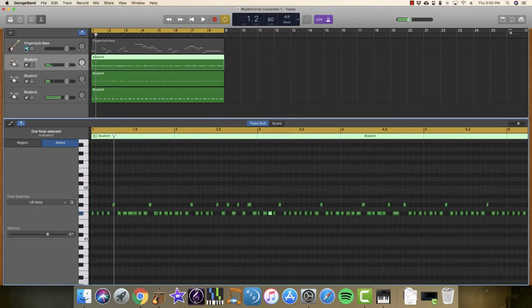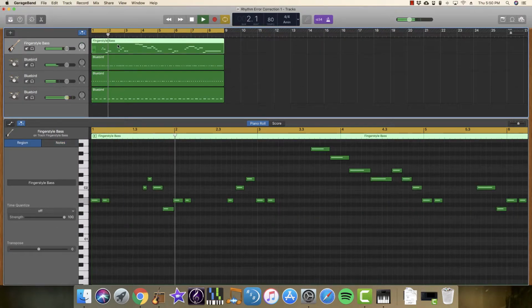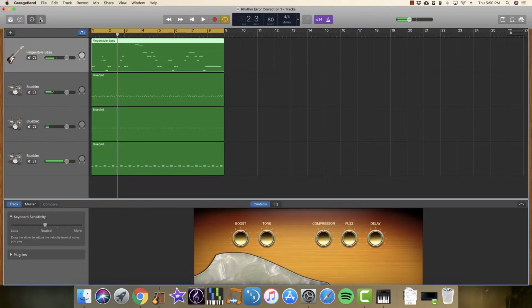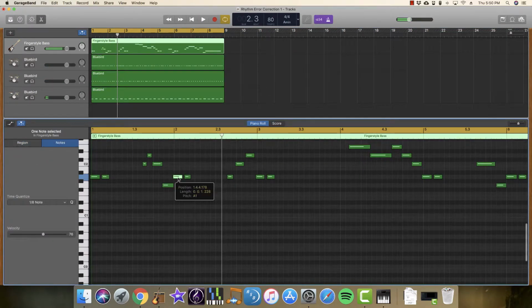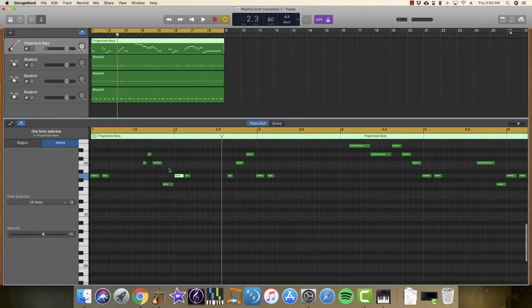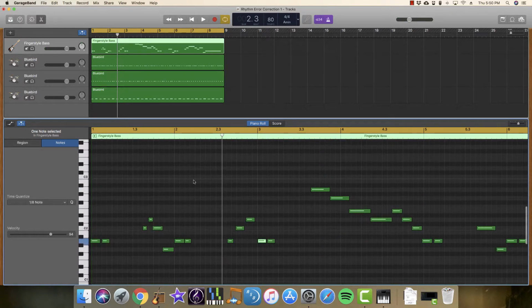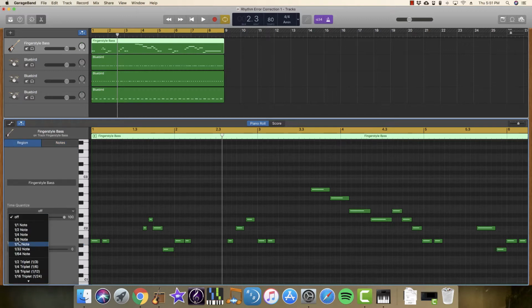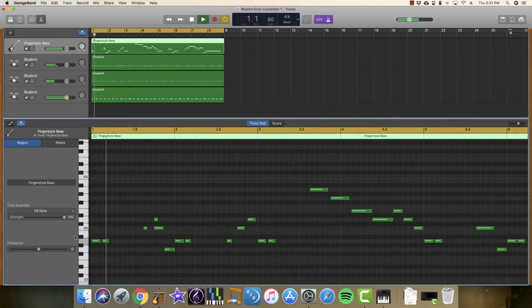All right, great. So now let's take a look at our bass part. And you can see this was a little bit early, a lot of little things here. A little early here. All right, so let's see if we can figure out what's the smallest rhythmic division that we could use here. Because if we were to quantize to something like, say, 8th note, you might end up doing something that just